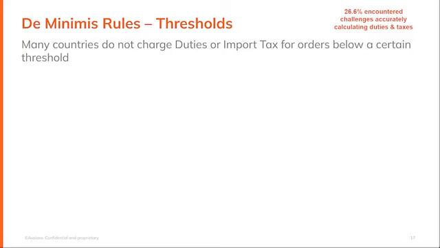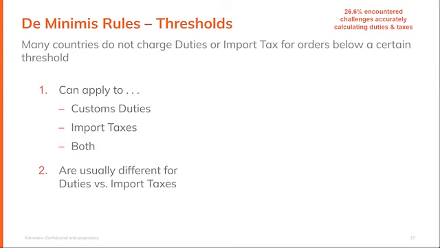So we've discussed how you can navigate this, and I think this is a really important slide that we're on now in terms of de minimis rules and the thresholds. And the reason why we've brought this up is it's all good and well trying to navigate. We saw that compliance, duties and taxes being one of the highest challenges. And this is exactly why. Because not only does each country have a threshold for duties, but their tax threshold is generally very different.